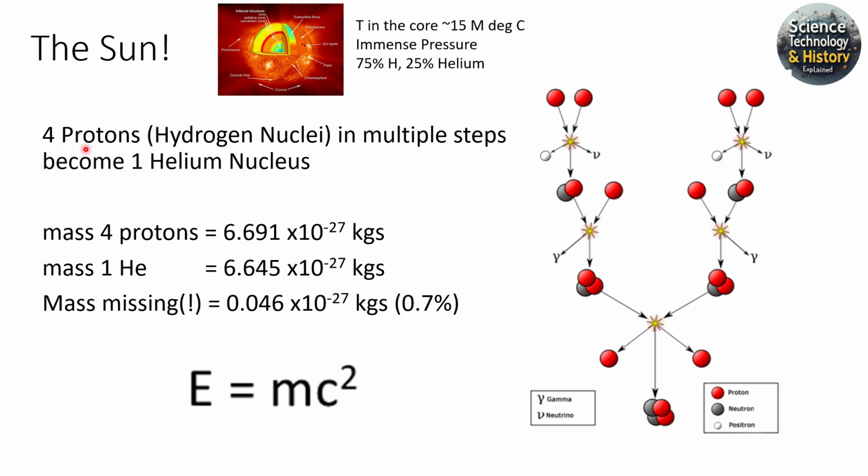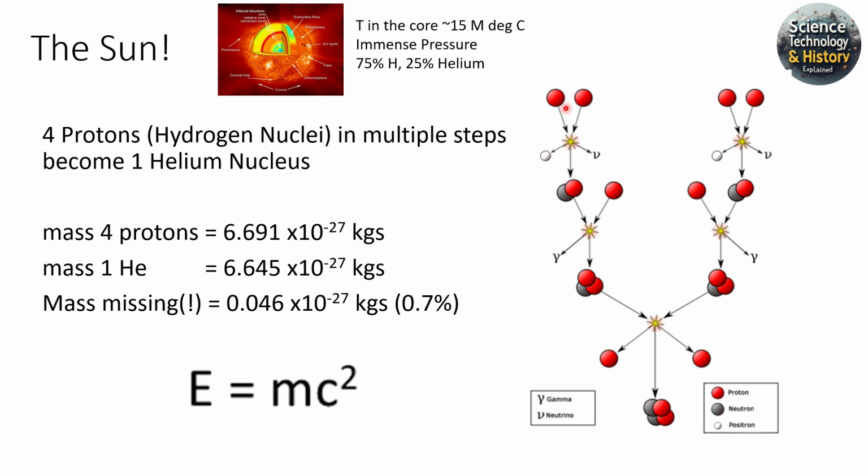steps, 4 protons, that's basically a simple hydrogen nucleus, become one helium nucleus. This happens in several steps. Some protons become neutrons, and then for each step a lot of energy is released as gamma rays that come out of the sun and are emitted, for example, to end as visible light to our planet. But if we look at the basics here, the mass of the 4 protons that go